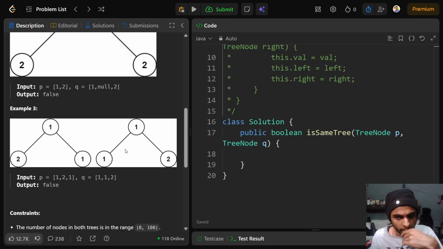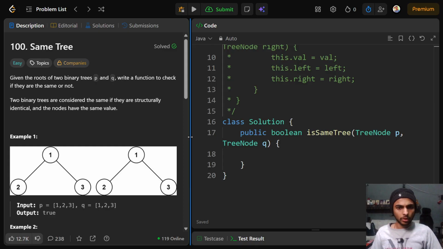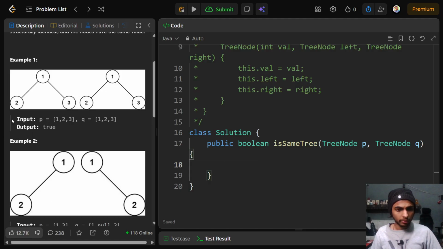And here the nodes have different values. So, depth first search. So what we can do is we run a depth first search. We'll start and end up here, and we'll compare with